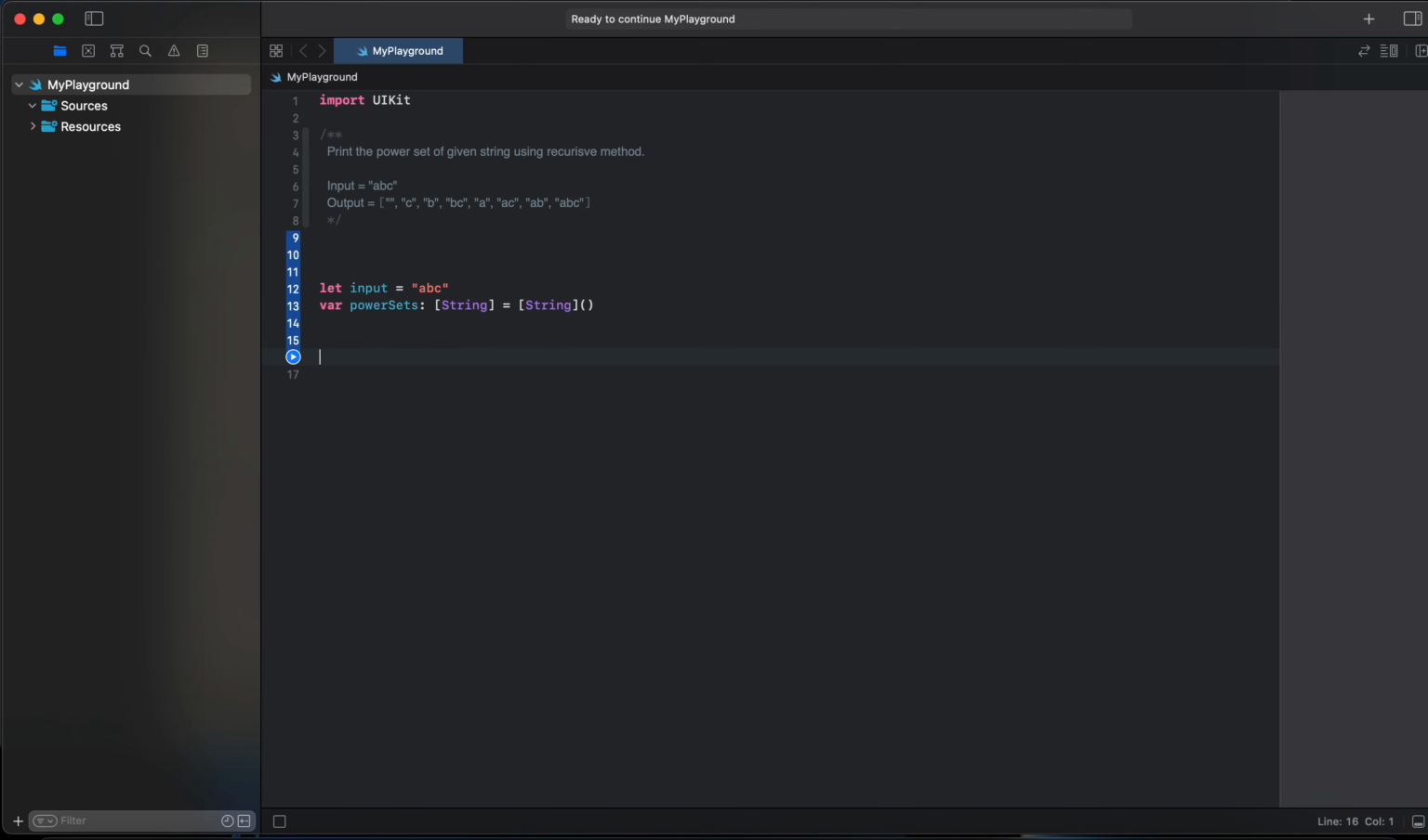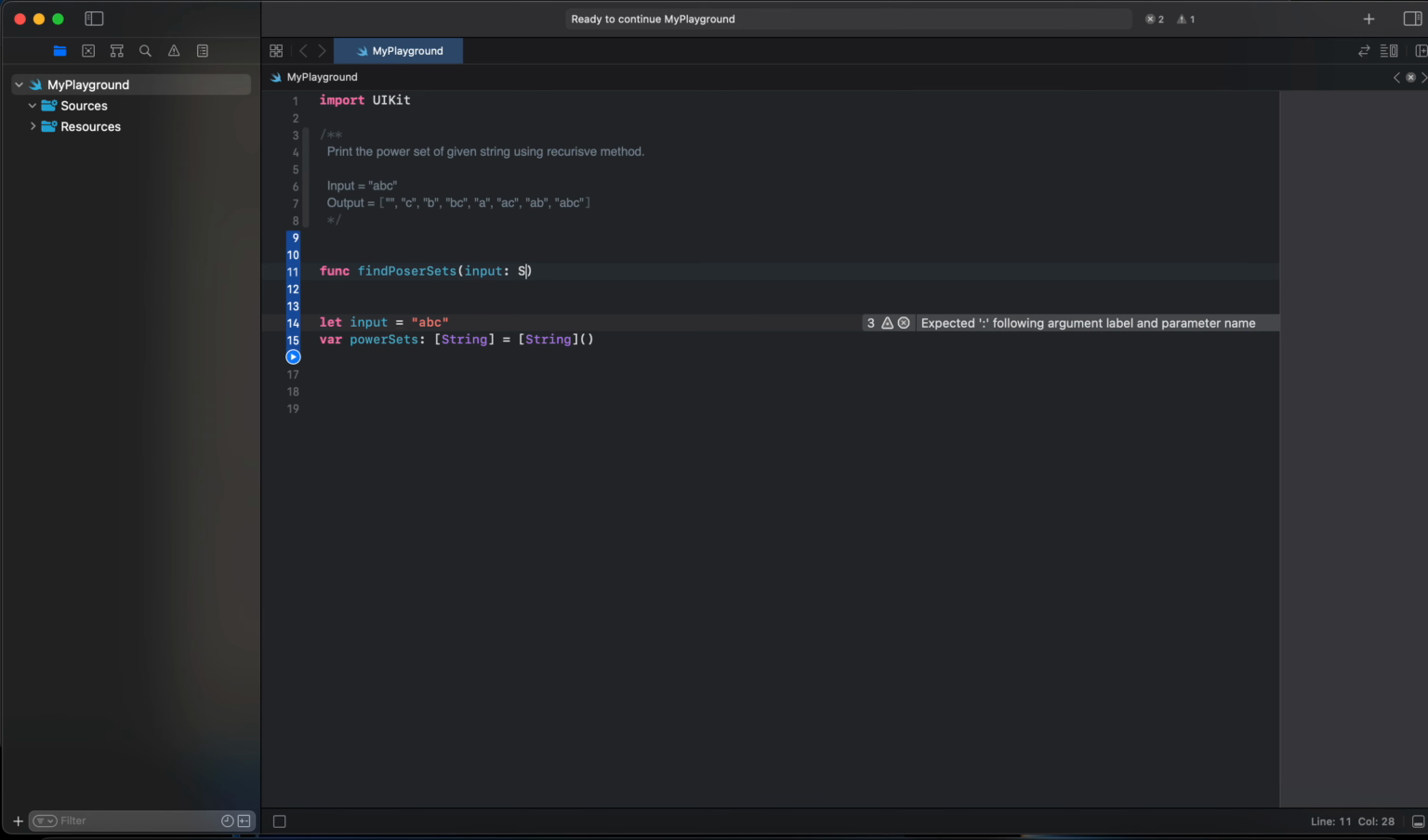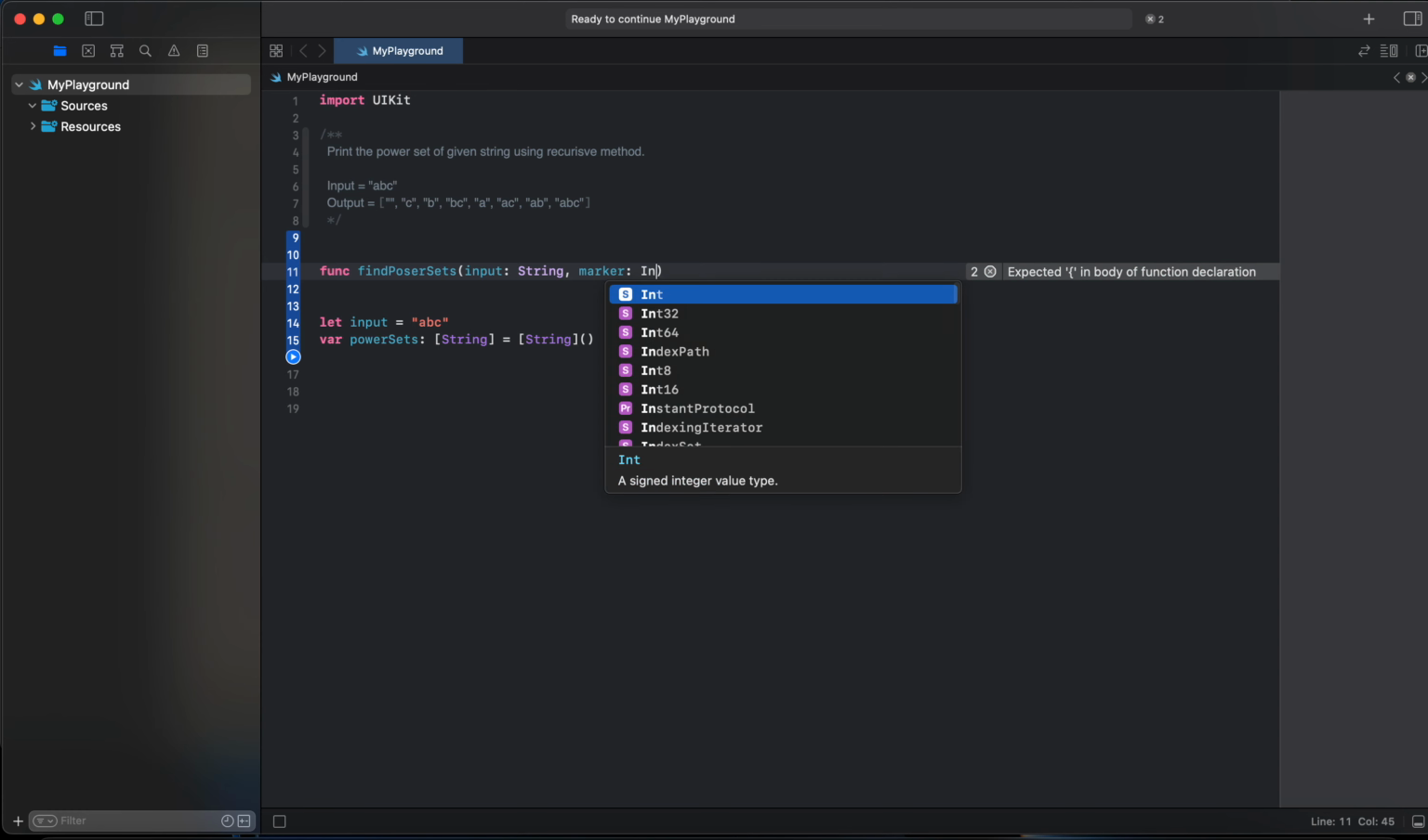So I'm going to call the power set method. Let me write the power set method first, then I will call it. So func findPowerSets. So we need to get the input, input of type string, and marker. So marker at the first call we will point it to the 0th index of this string. So marker, this would be of type integer,